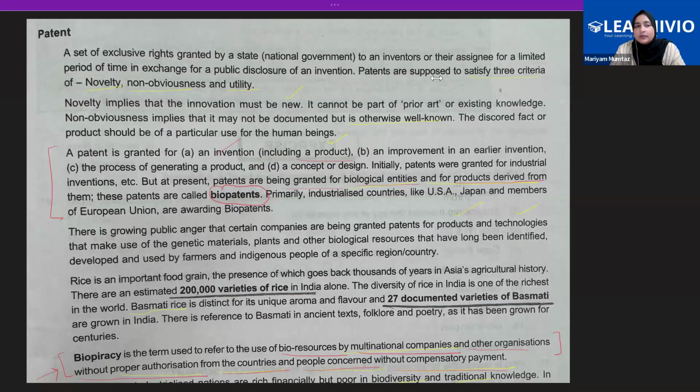So when we talk about the patent, it is a right which is given by the national government. Now, what are the things that patents are supposed to satisfy? Novelty,